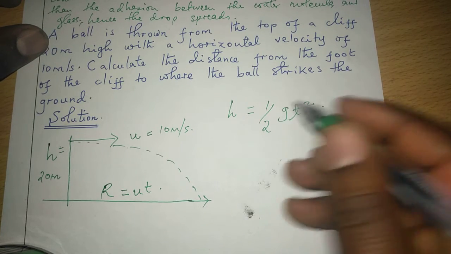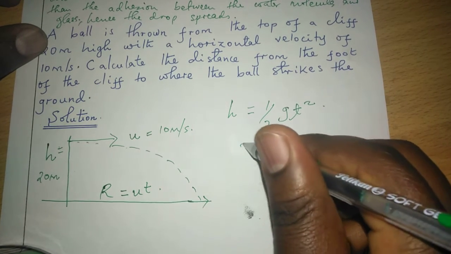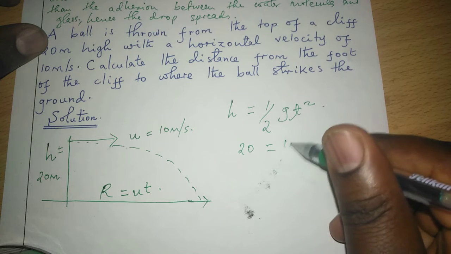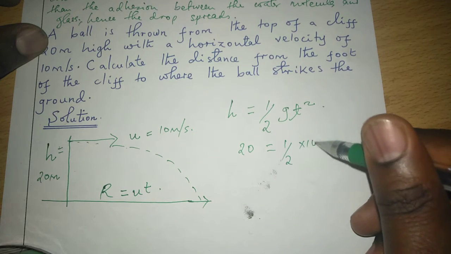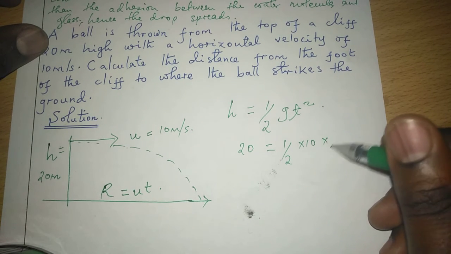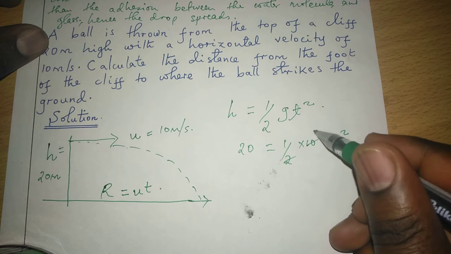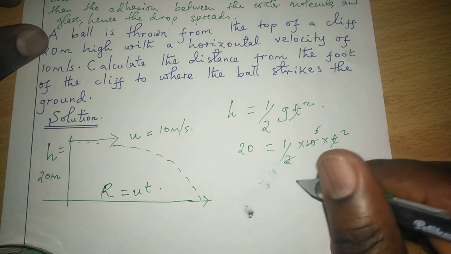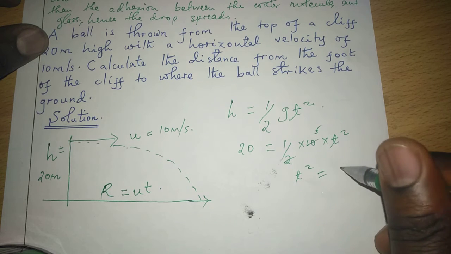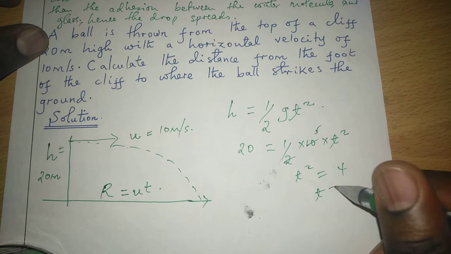Therefore, we can get the time, whereby we say 20 is equal to half times acceleration due to gravity, 10, times t squared. So this is 5, and when we divide through by 5, we get t squared as 4,